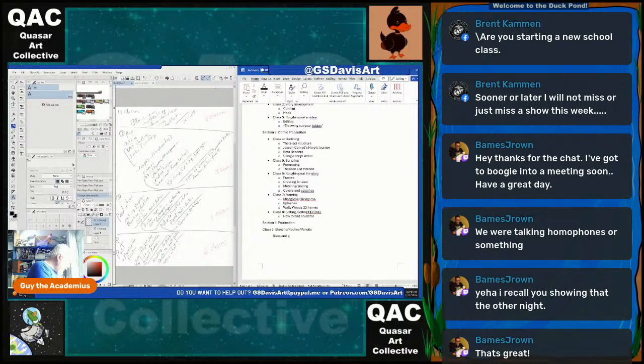Sizes and aspect ratios. US comics versus manga. I'm going to write these out real quick while I'm thinking of them. Sketching and